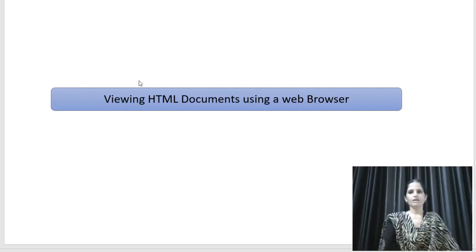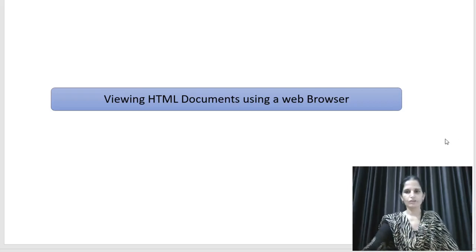So here we have completed today's video. Here we discussed what HTML tags are, what the elements are, what the basic structure of HTML is, what the use of the HTML tag is, what the use of the head tag and title tag is, how you can create an HTML document, how you can save it, and how you can view it. So in the next class we will start our first practical of HTML.